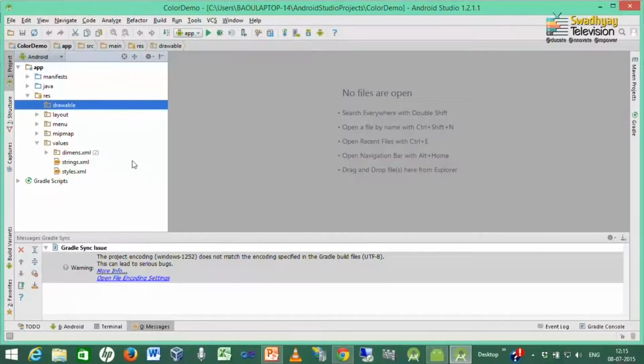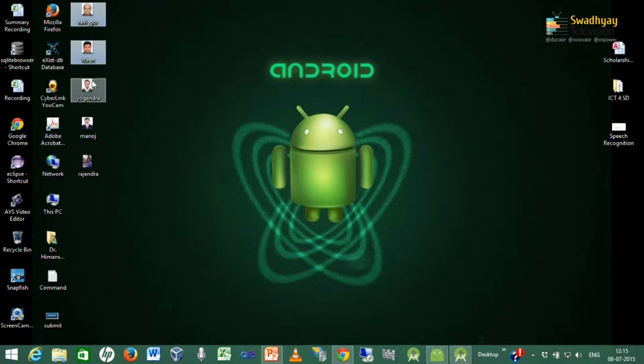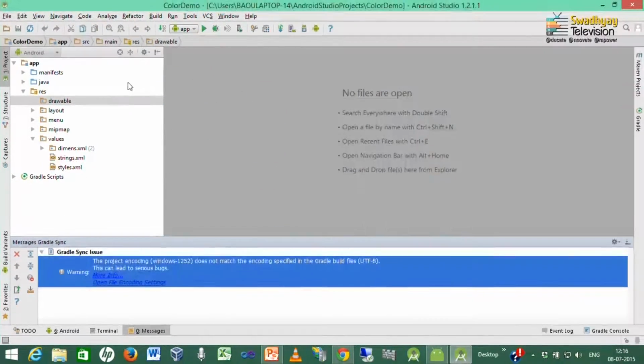So, let us start. In this drawable folder, all the persons' photos should be available, and remember all these photo file names must be in lowercase. So, I just copy these photographs inside the drawable folder.